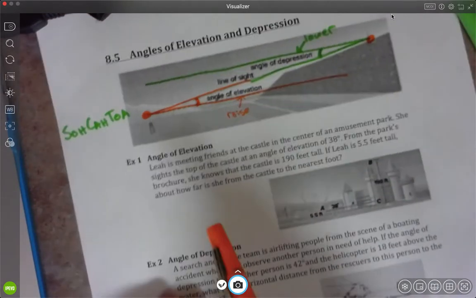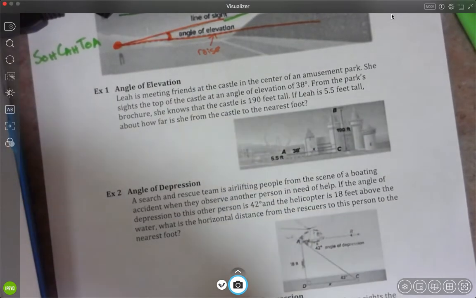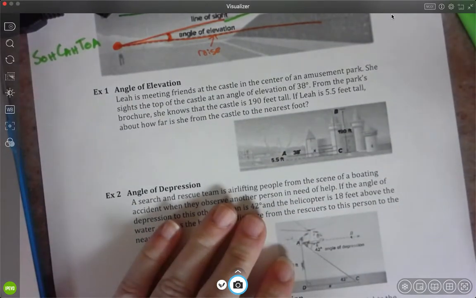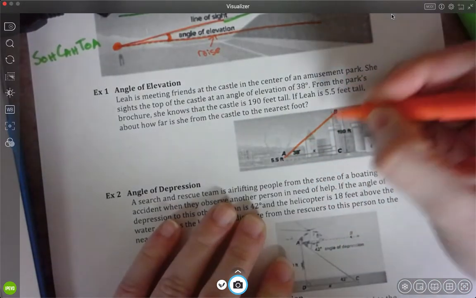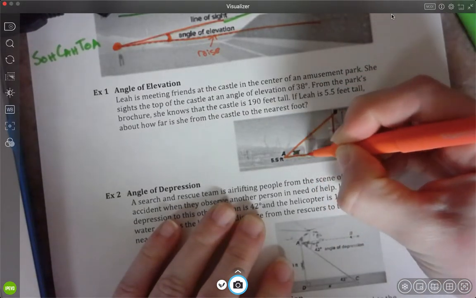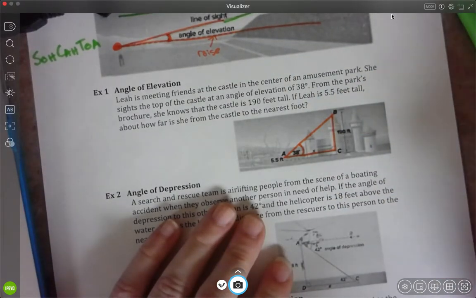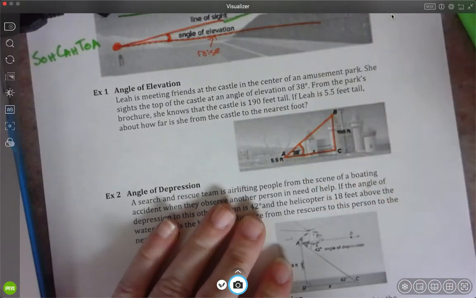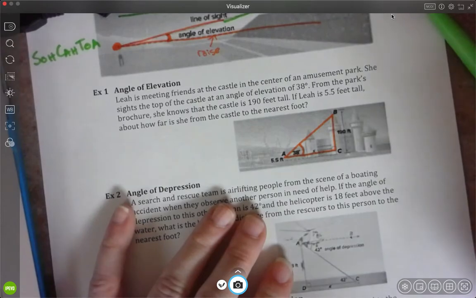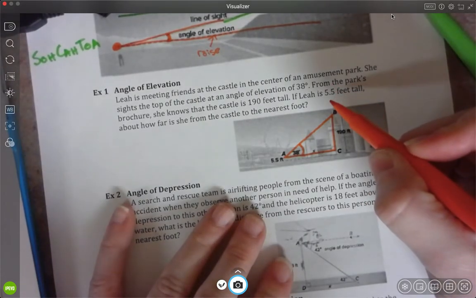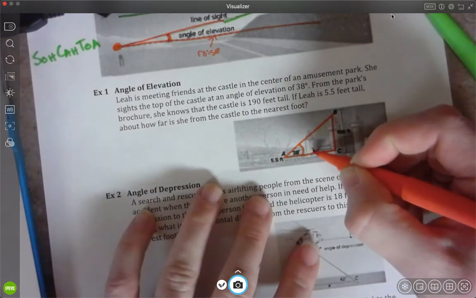All right, so example one, Leah is meeting friends at a castle at the center of an amusement park. She sights the top of the castle at an angle of elevation, which is 38 degrees. Okay, so I don't know if you can see this little triangle going on right here, but this angle of elevation is 38 degrees, from the horizontal up. From the park's brochure, she knows that the castle is 190 feet tall, but she is 5.5 feet tall, okay? So they're wanting us to solve for how far she is from the castle, which is this distance right here